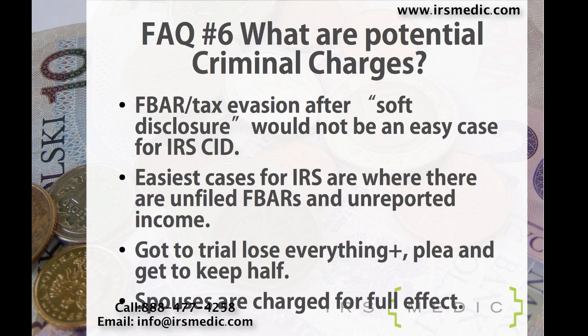And the other nasty thing the IRS does, the Department of Justice more specifically, is they charge spouses. They're going to do that. They're going to put that kind of pressure on you. Can you imagine, right? Your spouse being charged with a crime like this, who may or may not have known about it. I mean, that's really going to put a ton of strain. And that's why the IRS loves these, because they get these easy pleas, and they get their press release, and they get a ton of money.